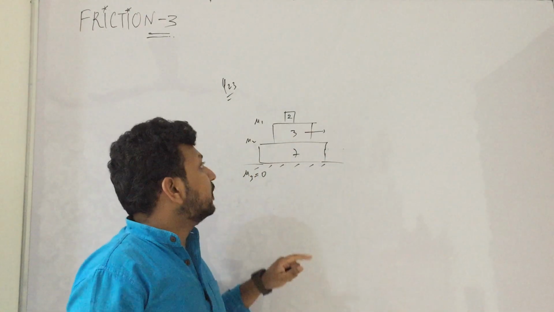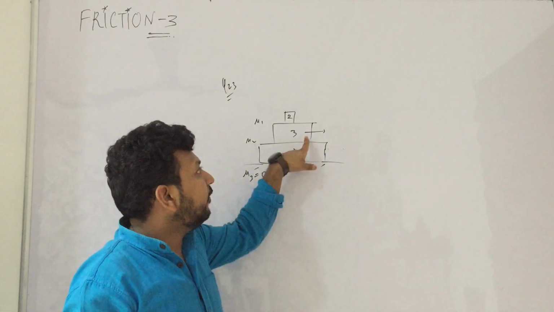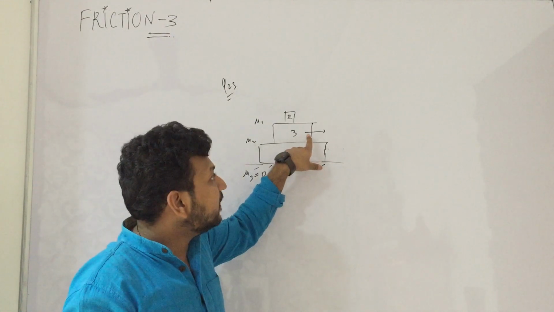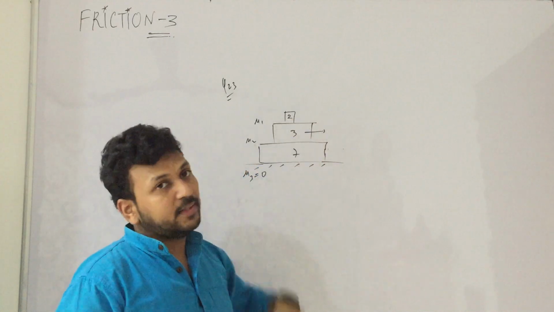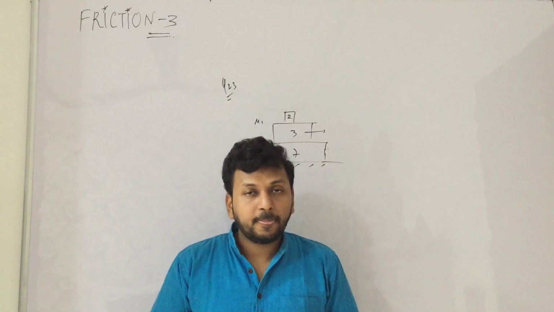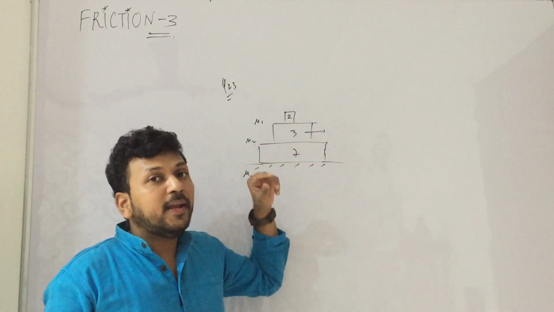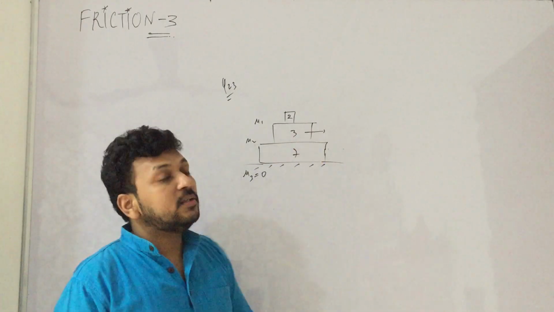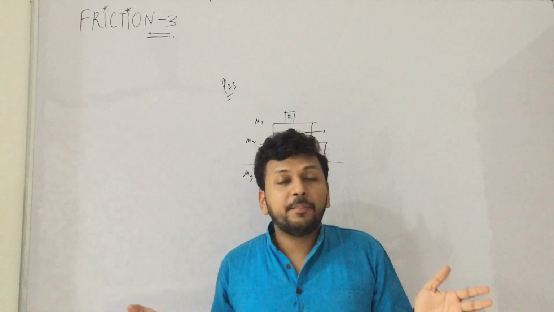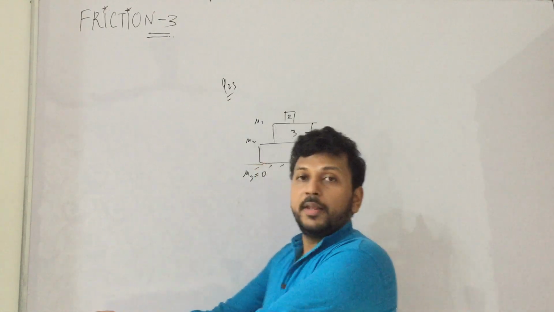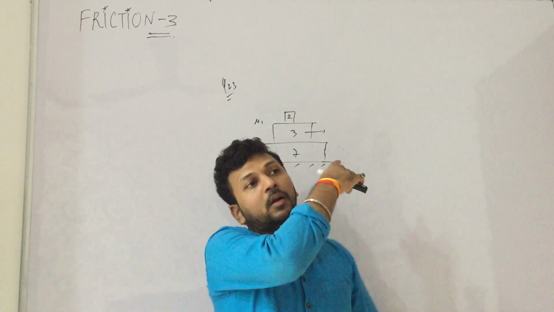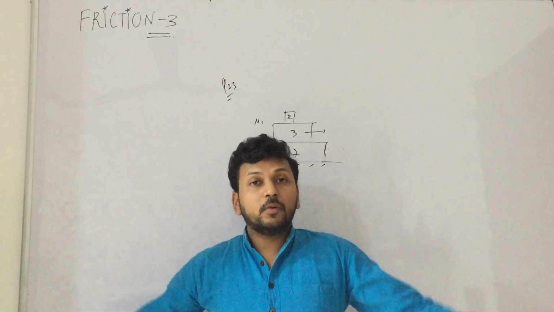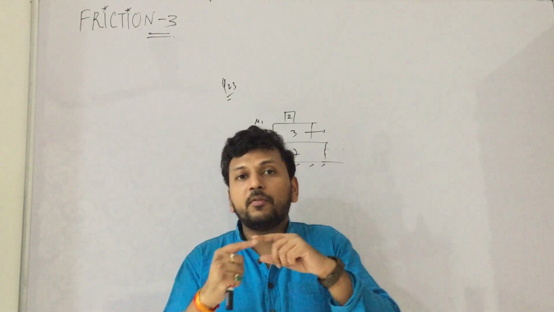Now in that case, just see that if we are pulling this, its acceleration will be more than the 2 kg and 7 kg. This is another check. It cannot happen that I am pulling 3 kg and the 7 kg runs faster. It cannot happen, right? I am pulling 3 kg and 7 kg has overtaken me. It is not possible. These are the checks you have to perform.